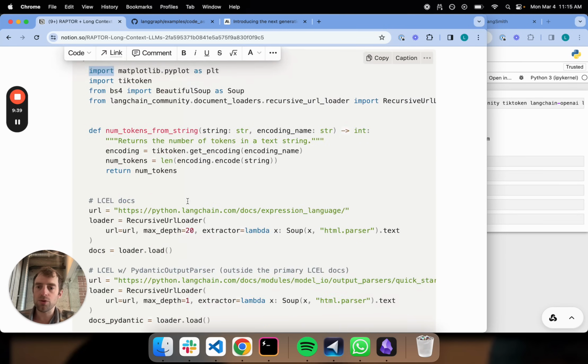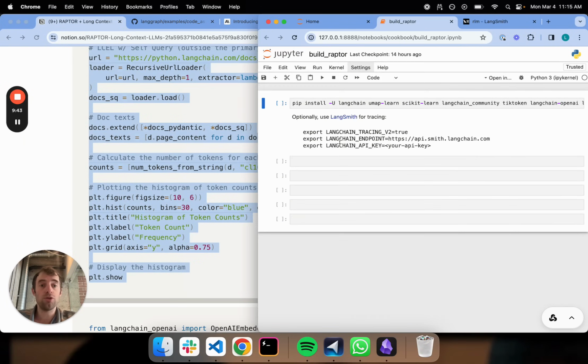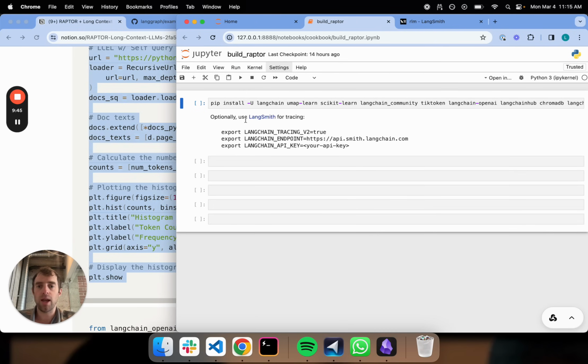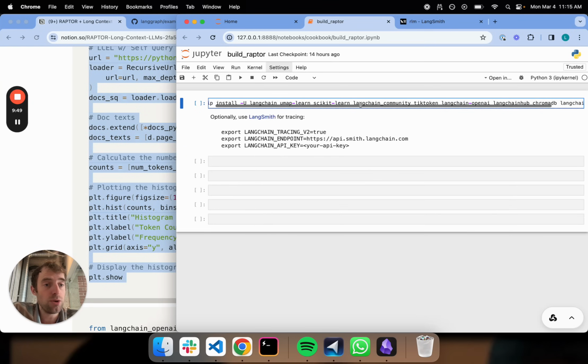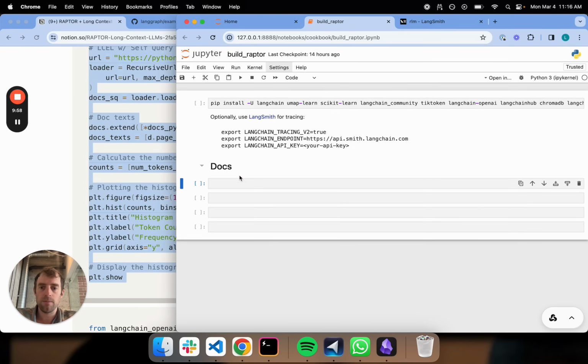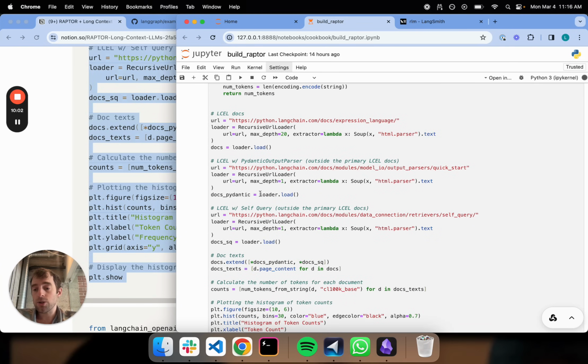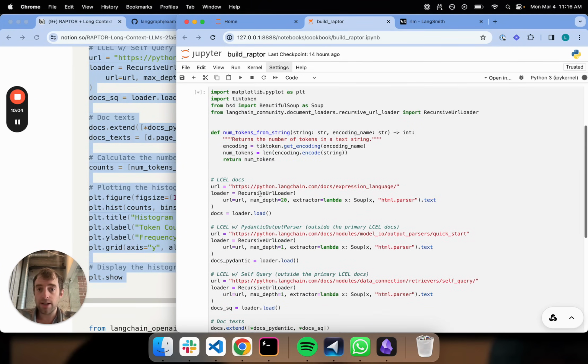So I'm going to use the same set of documents that I previously did with the code generation example. That video came out last week, and I have an empty notebook here. We just do a few pip installs. I'm setting a few environment variables for Langsmith, and now I'm just going to grab my docs. So that's right here. And this is going to grab around 33 web pages of documentation for